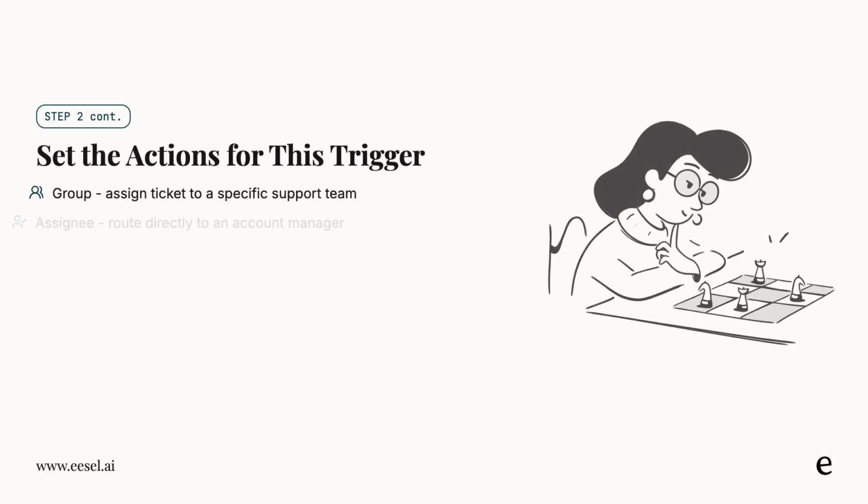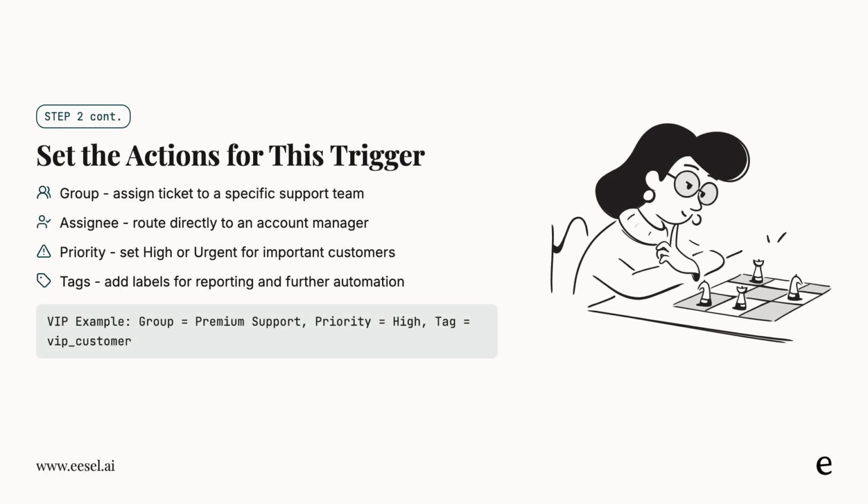Under Actions, define what happens when the trigger fires. For a VIP routing trigger, you might assign the ticket to your premium support group, set priority to high, and add a tag like VIP pod customer for reporting. Save the trigger, then test it by submitting a ticket from an email address in your map domain and checking